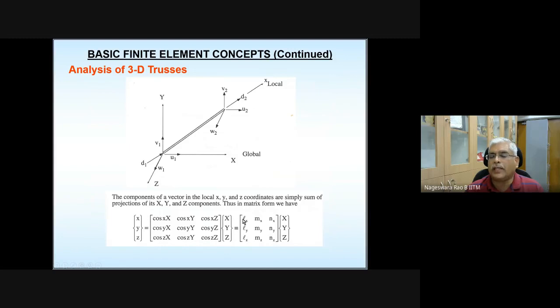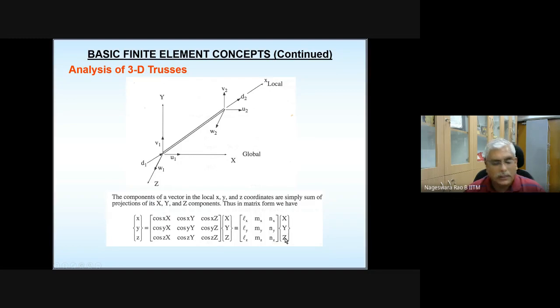And they are denoted with Lx, Mx, Nx, Ly, My, Ny, Lz, Mz, Nz. Anyway, we don't need to bother about these elements. This Ly, My, Ny, Lz, Mz, Nz, we will not use them. Only the first one, this Lx, Mx, Nx, only will be using, because this bar element, locally it has only small x-axis. For completeness, we define small y, small z axis, but in reality, they are not there.